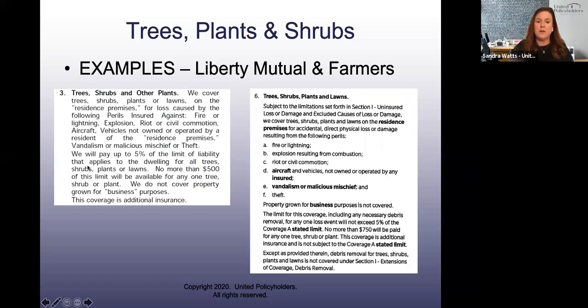Okay. It talks about 5% of the limit of liability that applies to the dwelling for all your trees, shrubs, plants, and lawns. There's a limit per item. This one's 500. I think this one over here is 750. So you need to look at that. This coverage is additional insurance, so it stacks on top. And then it goes on here. Here's trees, shrubs, and plants. And it's saying here, debris removal for trees, shrubs, plants, and lawns is not covered under your debris removal coverage